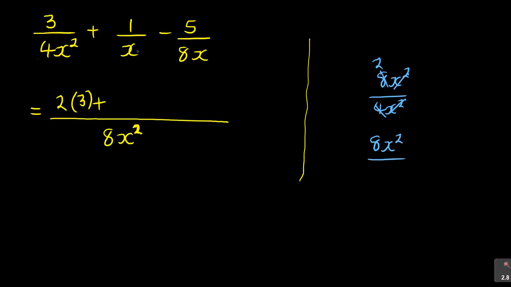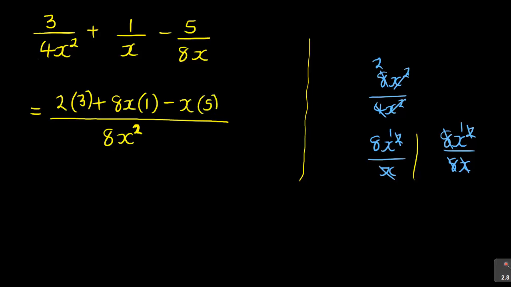This time I'm dividing by that one, by x. So x cancels into the x squared, and the 1 will remain. So 8x is the answer there. So plus 8x, multiply by the numerator there, which is 1, minus. Repeat the same thing. This time what you have is 8x squared over that one, which is 8x. The 8 cancels the 8, the x cancels the squared, only 1 is remaining, so it's minus x, times the numerator, which is 5.